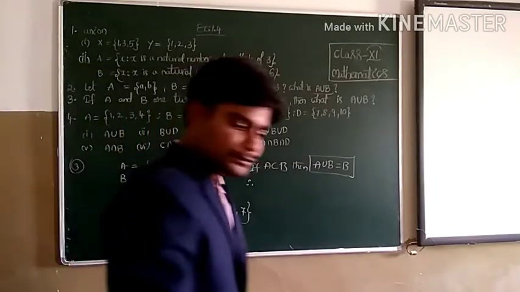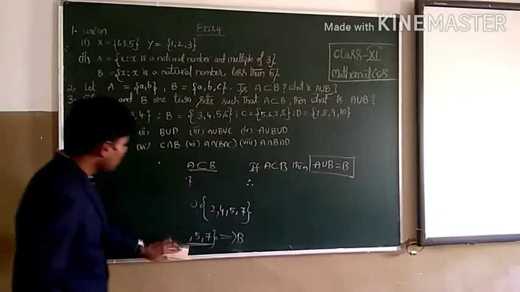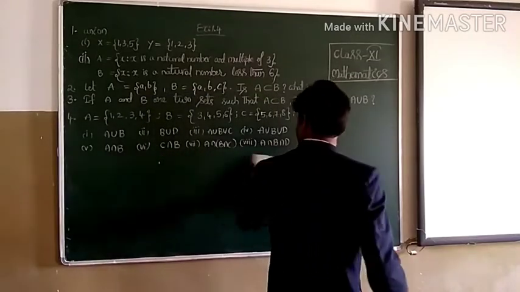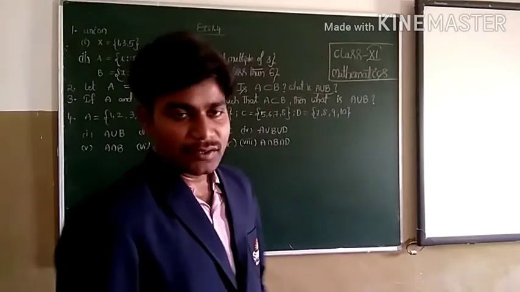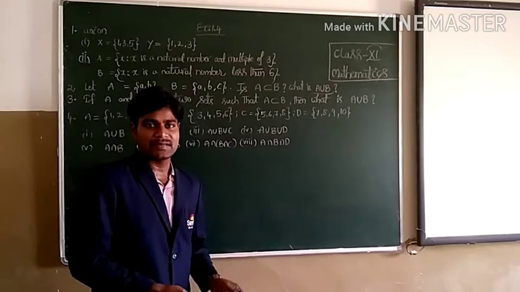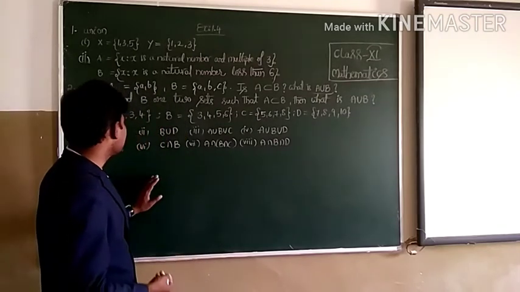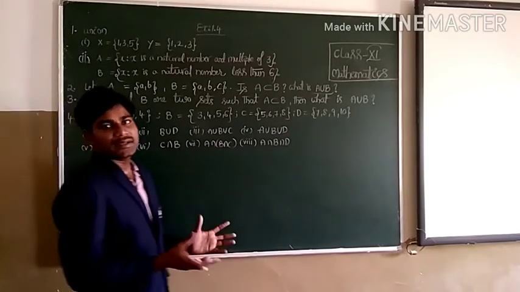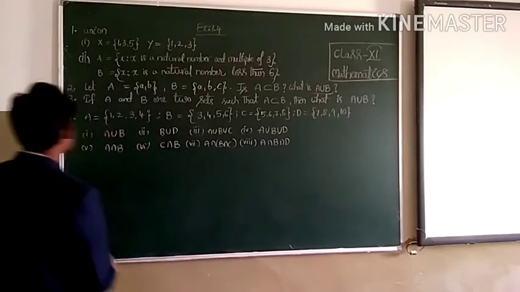Now let's see the fourth problem. The fourth problem is very simple, because when I explained the concepts of union of sets and intersection of sets, I explained those two operations with different examples. If you are strong with those examples, you can easily solve this kind of problems. I will explain very few problems. The remaining you have to do at home. Okay. So let's see the fourth problem.